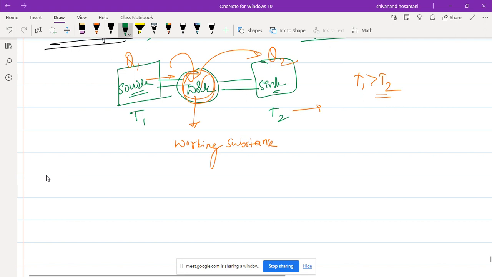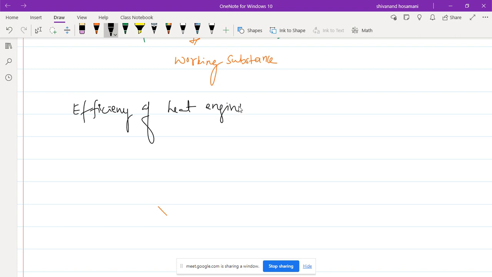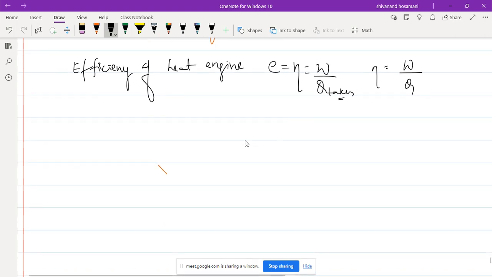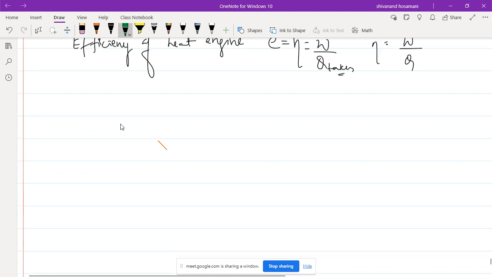Then if I rewrite the same equations and calculate, the efficiency of the heat engine is given by eta is equal to W divided by the heat taken, that is Q1. Then how can we calculate the work done here? The difference between the amount of heat you gave and the amount remaining is always the work done. Therefore the work done by the heat engine is given by,